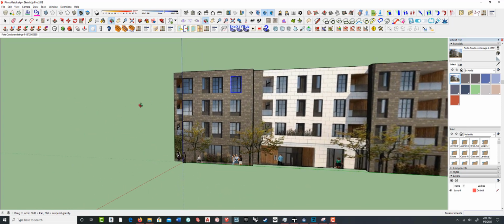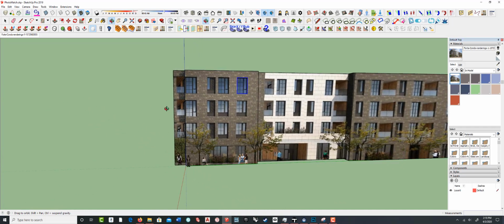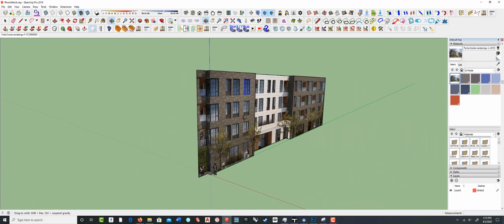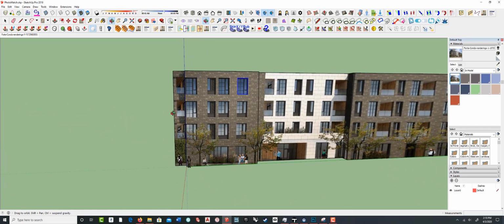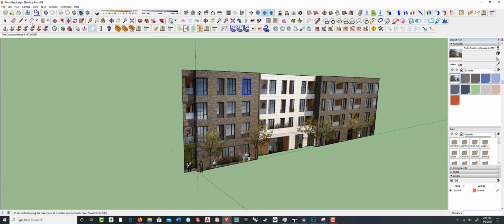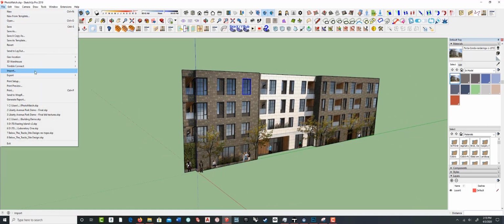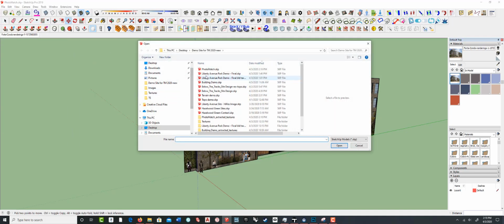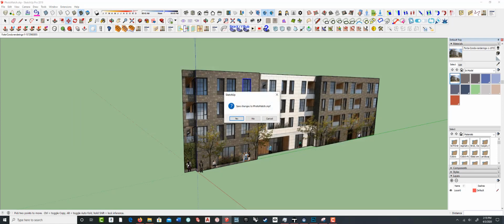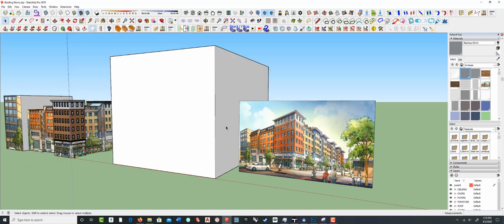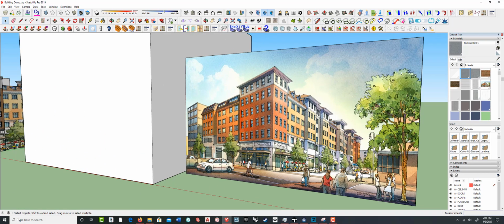Okay, so that's the first one, just using the PhotoMatch system within SketchUp. And the second method then is to use images, but not to use PhotoMatch. And I'm not going to go through another demonstration of PhotoMatch to show you that it doesn't work, but building demo. Okay, so I mentioned that this photograph that I looked at before